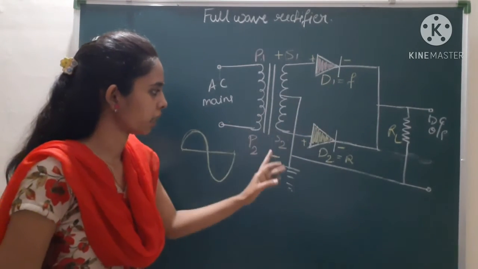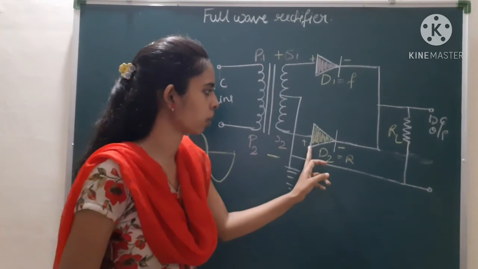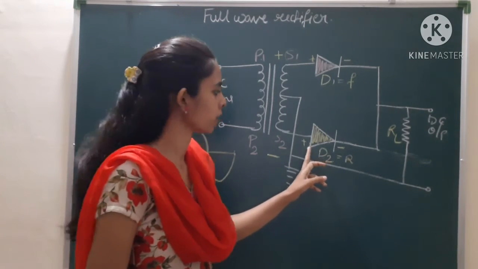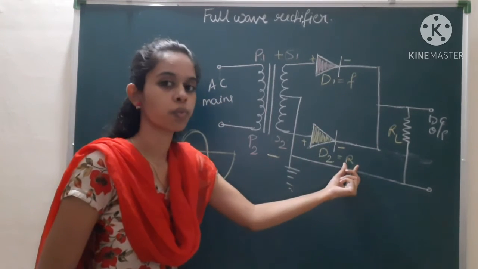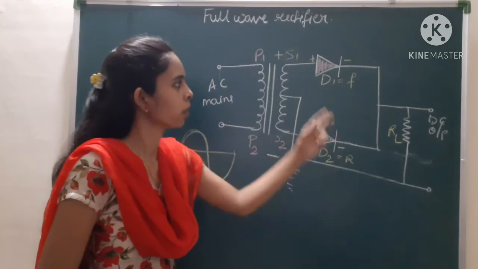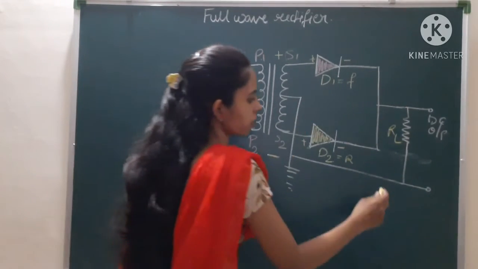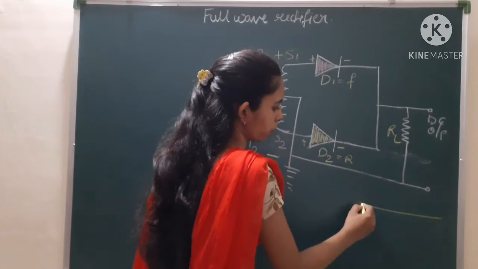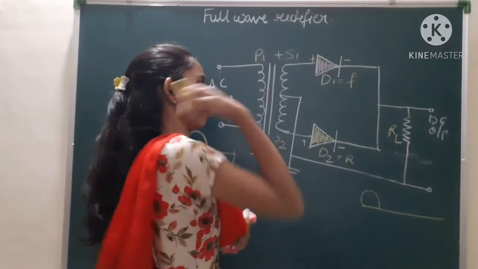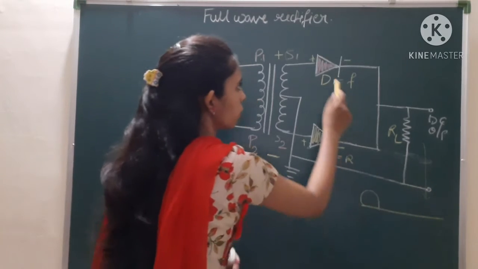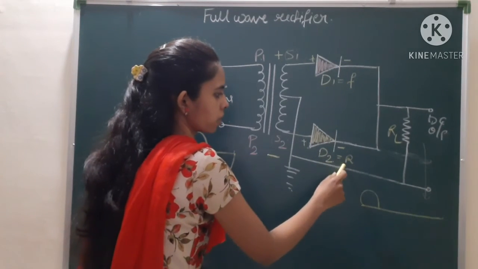At the same time, this S2 is negative and it is connected to the diode's positive terminal. So therefore, what is happening? Therefore, this diode will work in a reverse bias mode. So therefore, due to this diode, the first cycle is being formed in the output. Let us draw the output over here. So this is the output. So this diode is going to work and this diode is not going to work because this is in reverse bias.